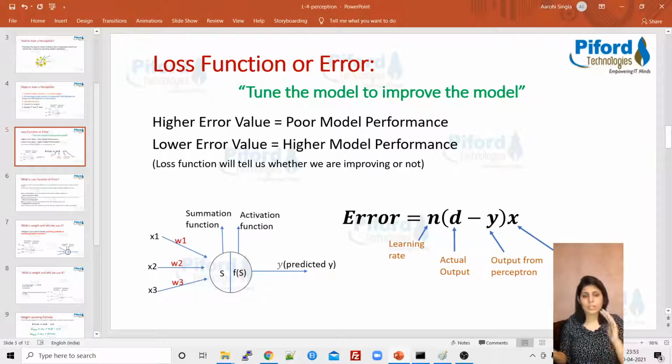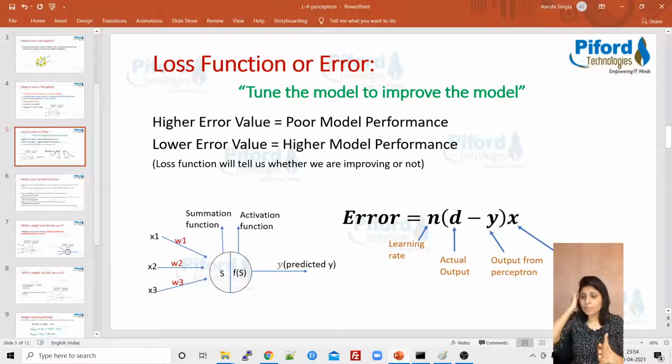Let's suppose at the initial step your error is 20, and after updating the weights your error is 30. So the previous error is 20, and now the recent error is 30. That simply means the error increased from 20 to 30. That means when you updated the weights, the new weights are decreasing the accuracy of your model.